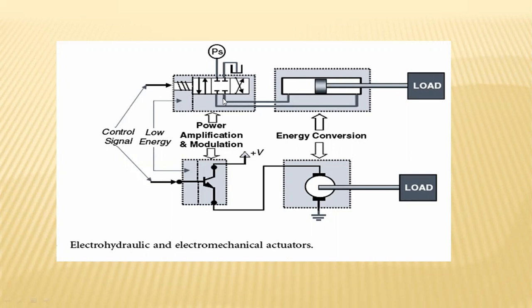Oil will enter from this side and the forward stroke will take place from bottom dead center to top dead center. The already existing fluid here will be drained here. From this to here it will have connectivity, and the fluid will drain to the oil reservoir again. So for the energy conversion, how much energy is required for carrying the load from top dead center to bottom dead center and simultaneously from bottom dead center to top dead center will be